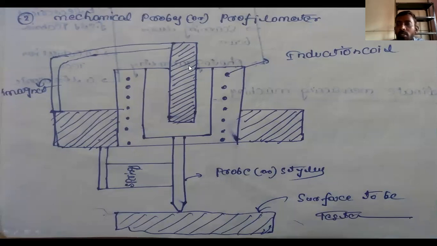So it is one of the contact inspection methods. Why can we use this type of inspection method? In industries, we have so many industries, not only one or two. We have cement industries, production industries, mass production industries, so many. In different types of industries, we can use this type of machinery.